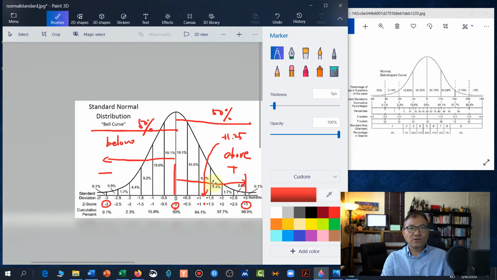Then you need to look at the Z tables or normal distribution probability table that you can find from class note, that you can see your specific percentile in the distribution. Okay, so let's practice